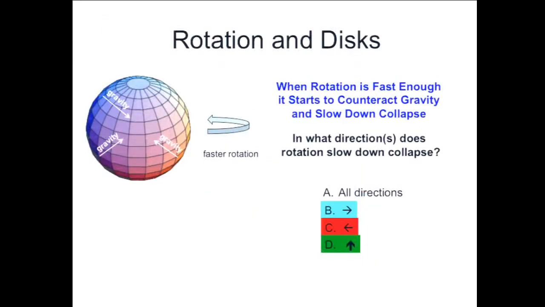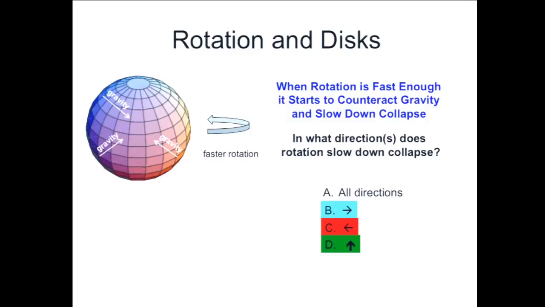Okay. So I want to ask you a question now. Get out your papers and think about this for a second. This is really asking you to visualize this process. So here's my sphere that's rotating. This is my little gas cloud that's forming a star and a solar system. Gravity is pointing in, but this thing is also rotating, and it's rotating in the direction defined by that right-hand rule. So the way to visualize it is it's rotating kind of like this.